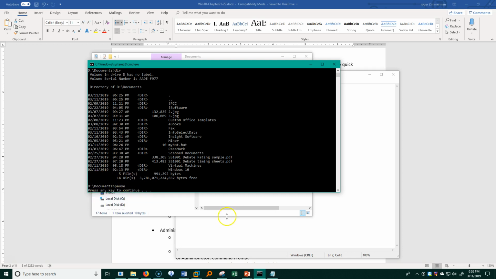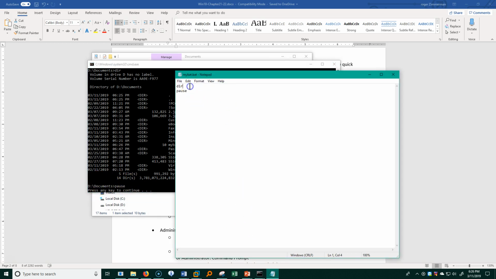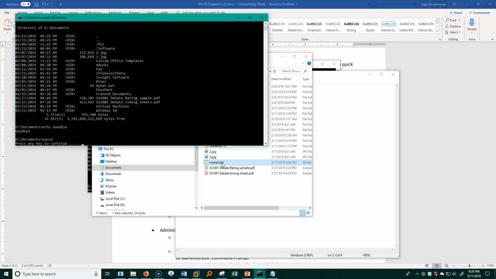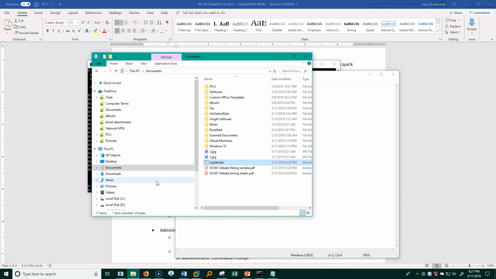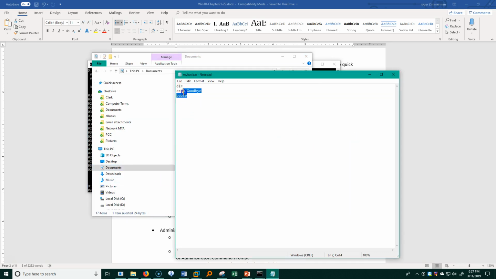Let's put another command in there just to show that it's actually running multiple commands. So let's just put an echo goodbye in there, and I'll save that. And now when we go over and run it, it will come up, it'll give me the directory, and then it does the echo goodbye command. It says goodbye, and then it waits for any key to continue. When I press that key, now it goes away. So you can see it actually issued all three of these commands rather than me having to type each one